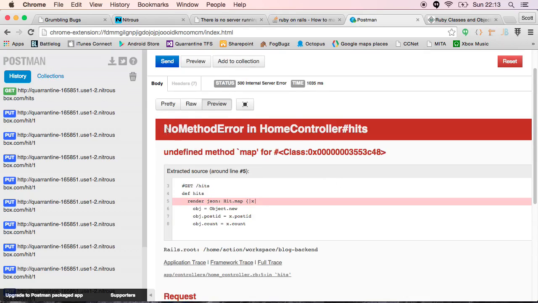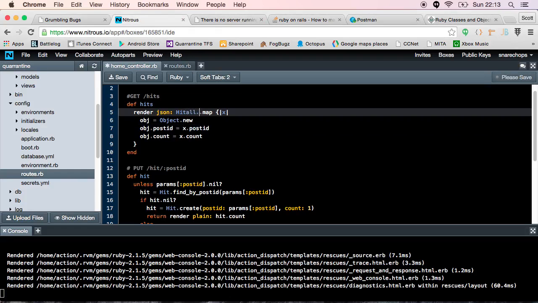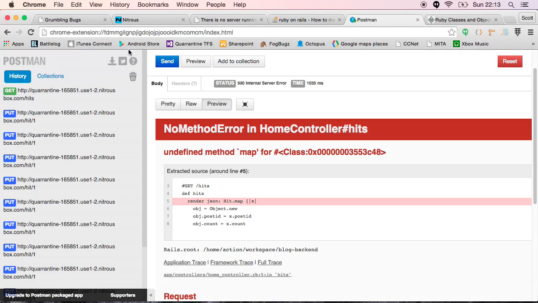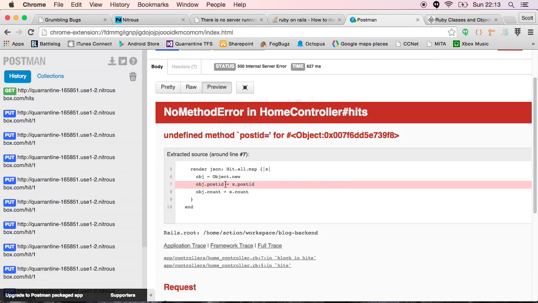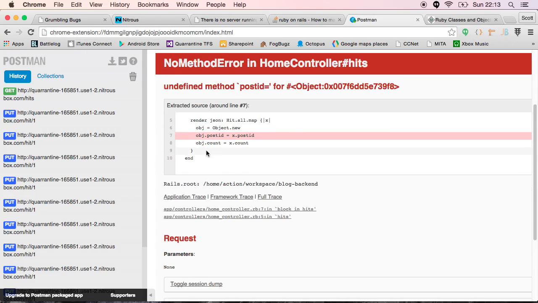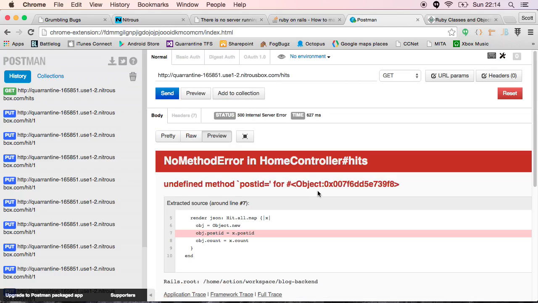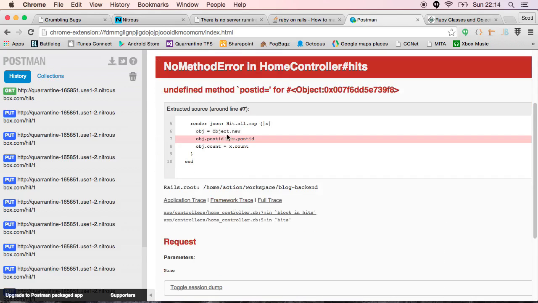No method error. Oh, because we didn't actually get anything. So we need to do hit.all.map, and that might work a little better. Undefined method post ID for object. Okay, yeah, the object doesn't have a post ID, therefore it doesn't like that. Okay, so well, what I can do is I could create a class that handles this,